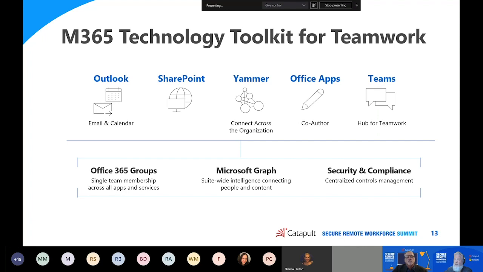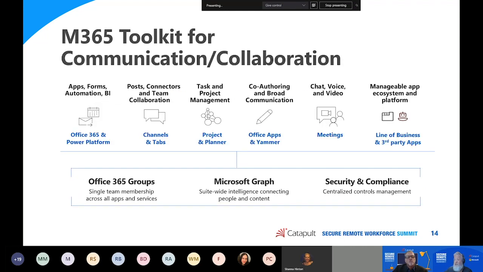For teamwork, an example of this, right, with Outlook, SharePoint, Yammer, Office apps, and Teams, we're looking at Office 365 groups, Graph, and the centralized controls around security and compliance. All of that supports governance of the technology toolkit for teamwork. For communications and collaboration, we look at apps, Power BI, the post connectors, Teams, tasks, and projects.